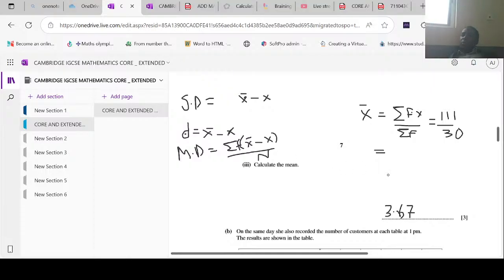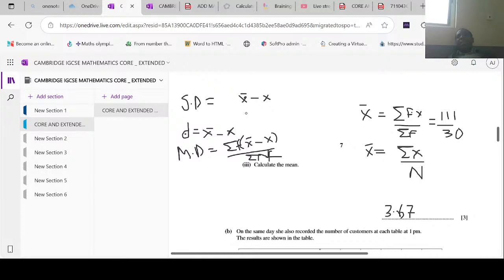If there is no frequency, the mean will just be summation of X divided by the total number N. Am I correct? That's when there is no frequency. But once a score repeats any number of times, then it will be summation of F X divided by summation F. So this N will become summation F, so I'm going to correct this. Okay? Now, when they say standard deviation,